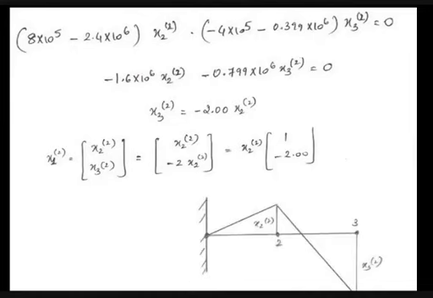So if I want to plot, I'll have this as a fixed end. I have 1, 2, and 3 as the nodes. Just plot x2 of 2 as 1 value and x3 of 2 as minus 2. So join it by a linear line. This gives me the second mode shape.